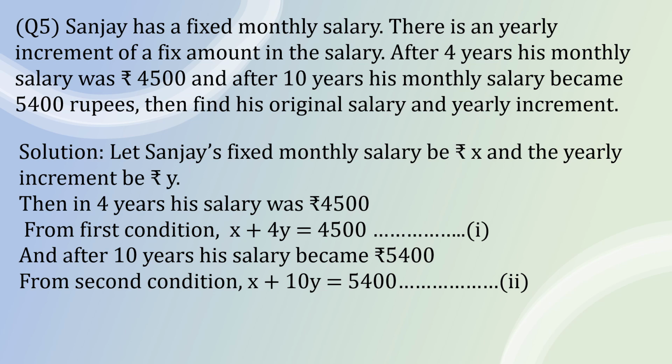Now, if you see equation 1 and 2, students, you can see the variable X has same coefficient. Yeah, the coefficient is 1. But both are with the same sign. So, here also we'll use subtracting the equations. Okay. So, we'll write down operation subtracting equation 1 from equation 2. So, you'll write X plus 10Y equal to 5,400. Below you'll write down X plus 4Y equal to 4,500. So when you are doing subtracting, sign changes. So minus, minus and minus. All the second equation terms will get minus sign.